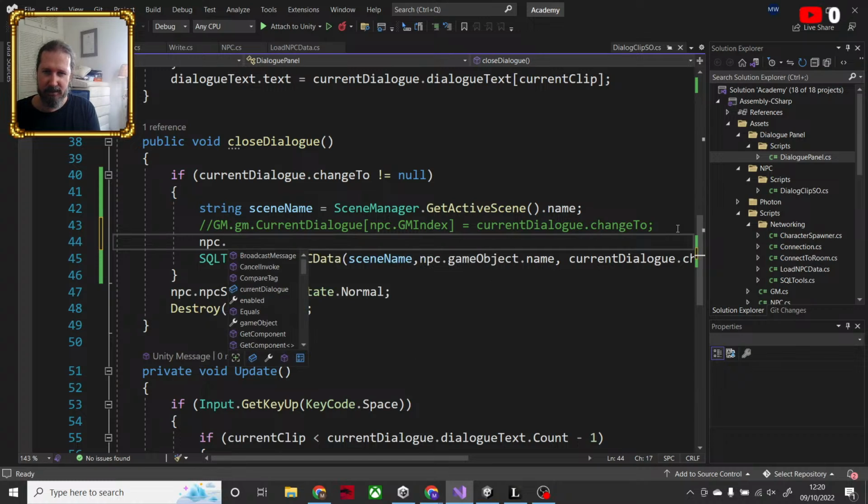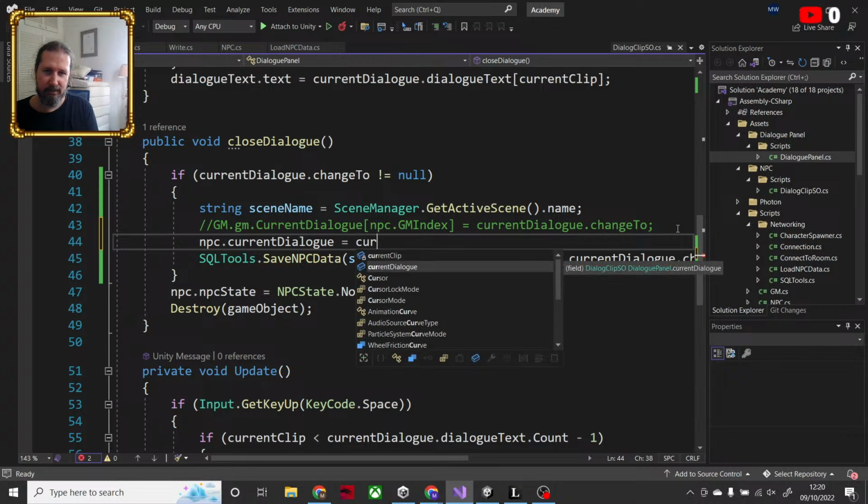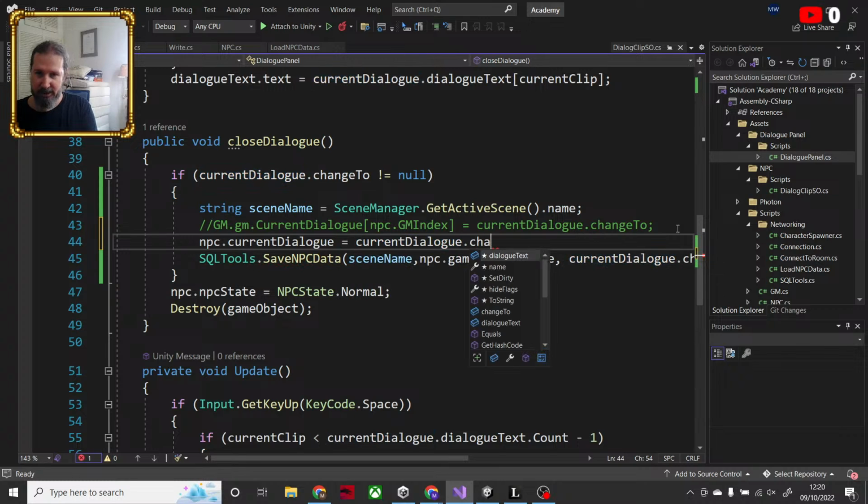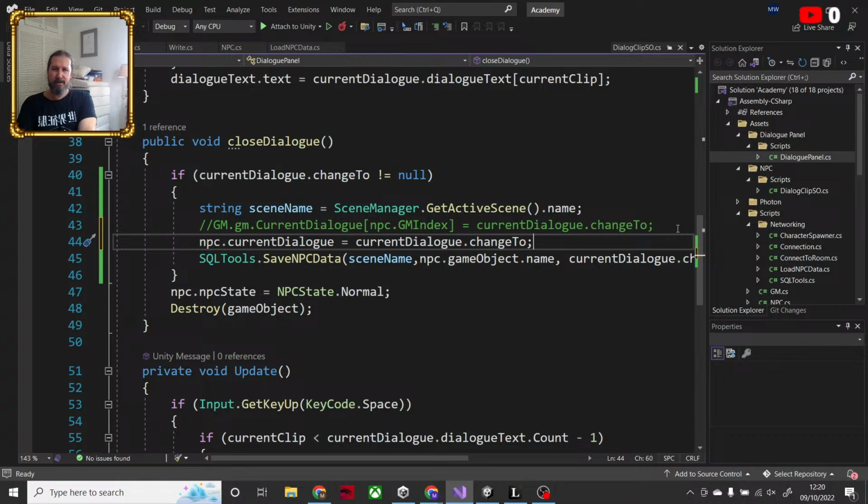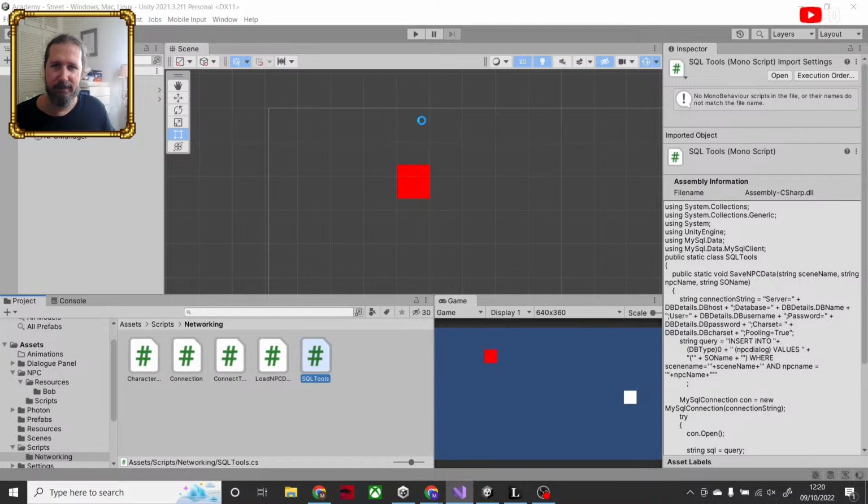NPC dot current dialog is going to be equal to the current dialog dot change to. Okay, so my player, the NPC will get the change and it'll be saved for someone in the future coming into the room. And this will be replaced by an RPC call as well.